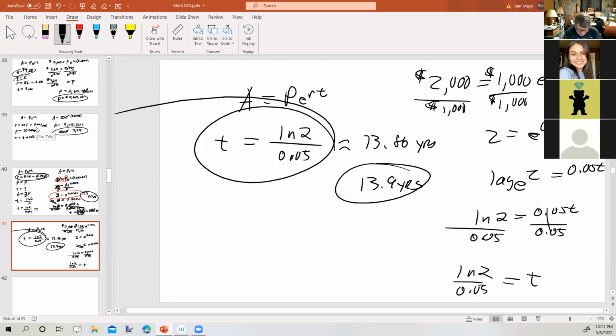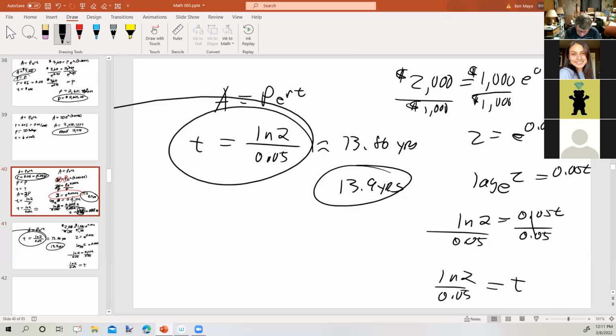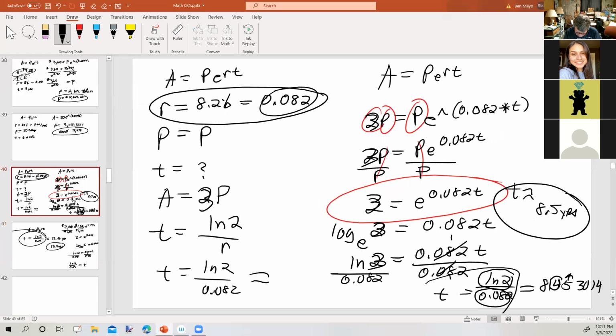So basically you could say, well, I don't really need this formula, but it sure saves a lot of time. So I think it'd be a good idea to use it. But when does it apply? When you've got a continuous growth situation and you're asked to double. How long does it take to double the population? Okay, so